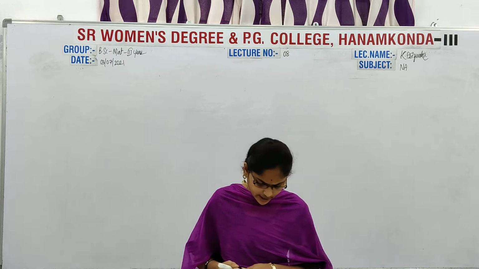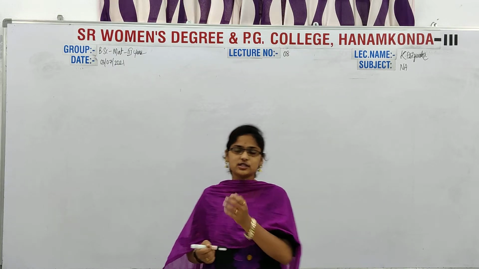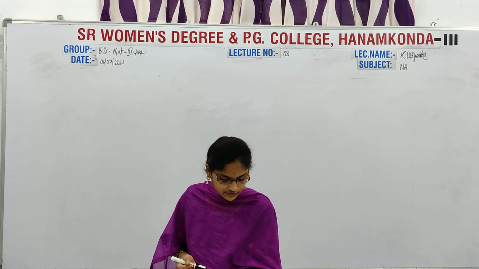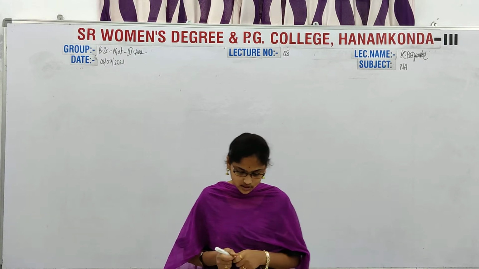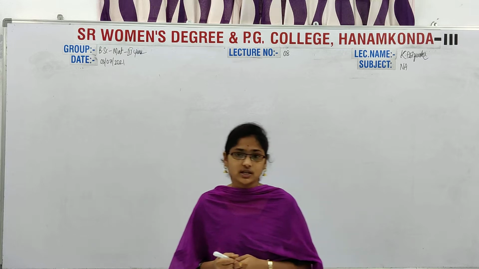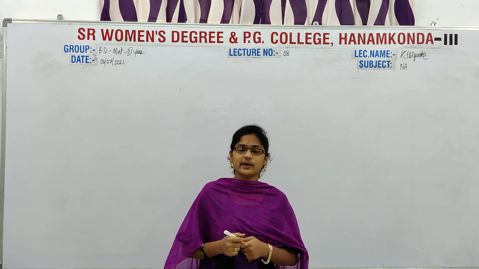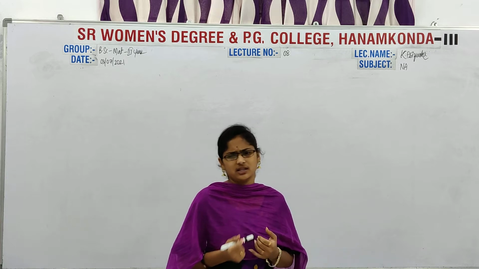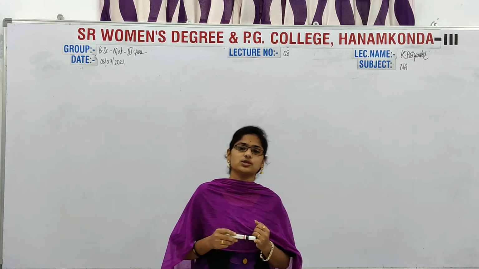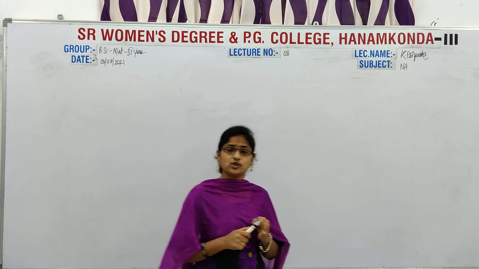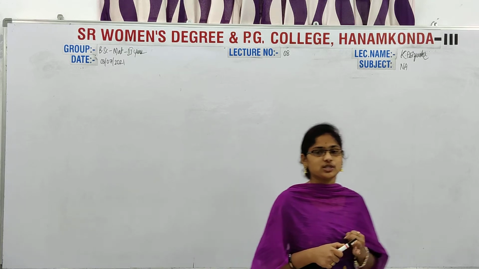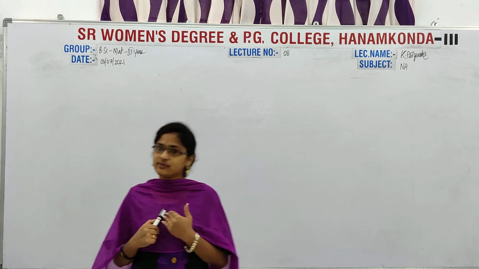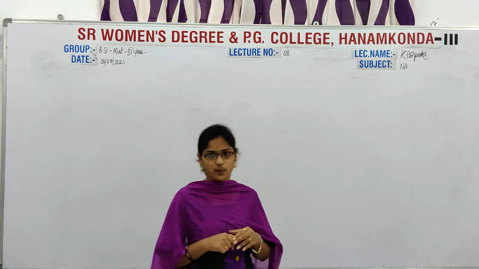In the fixed point iteration method, in the last class we discussed the definition and the examples, and after that I gave the theorem statement. So once again I will recall the statement of the theorem: if g belongs to some closed interval [a, b], and g of x also belongs to the closed interval [a, b] for x in [a, b], then we have to prove that it has a fixed point.